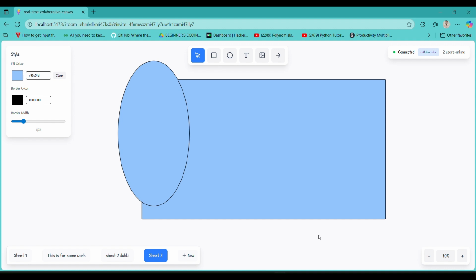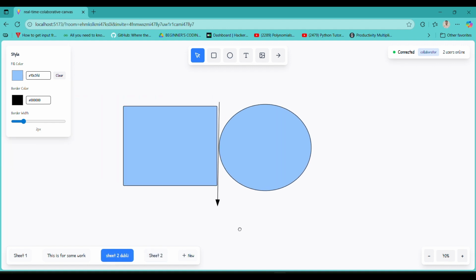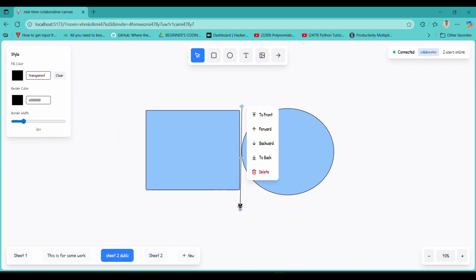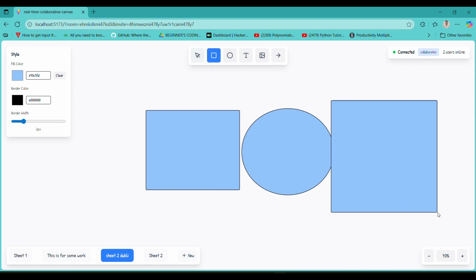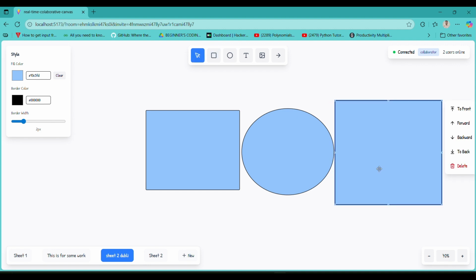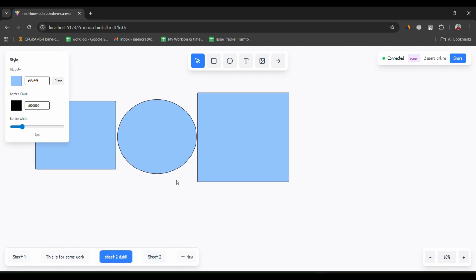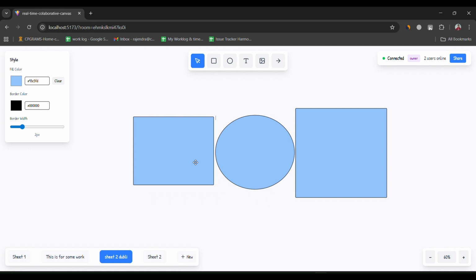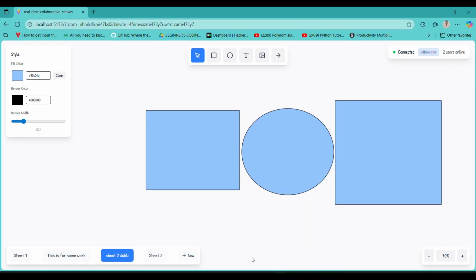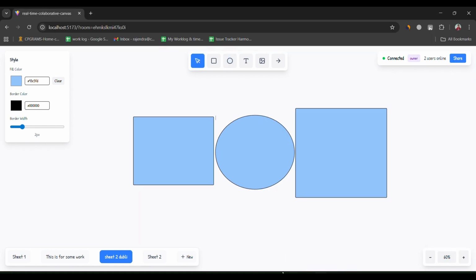Now, the most important thing is real-time collaboration. Let's suppose I'm making some changes in this sheet. I am removing this arrow icon, and I am putting one more box over here. I don't have to explicitly refresh the page to view this. You can see sheet 2 doubly, and I can just go over here and I don't have to explicitly refresh the page. All the elements come automatically over here. I can add one more, and if I just try to visit,